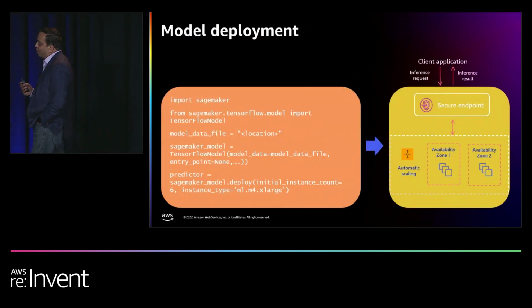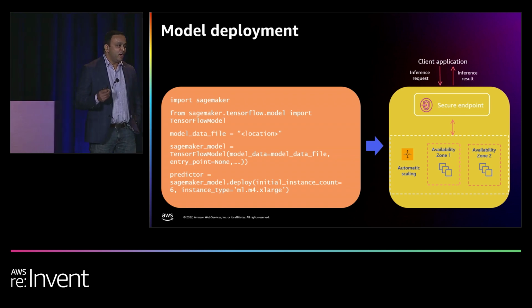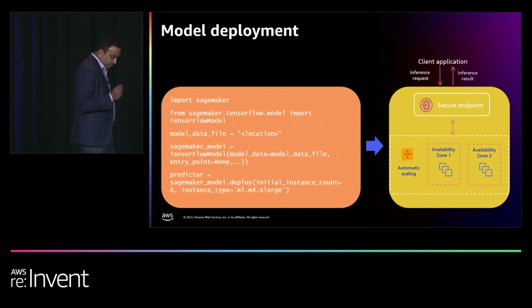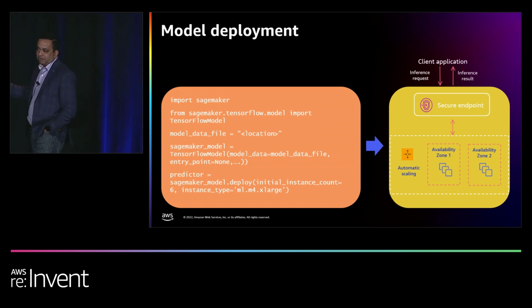Now, let me show you how easy it is to deploy a model onto SageMaker. So here, I have an example. I have a TensorFlow model that I'm deploying. All I have to do is import the SageMaker library. I'm leveraging the TensorFlow model class. I have to specify the location of my model. You could have trained this model on-prem or on SageMaker, anywhere. And you just put the model in S3, provide the location,